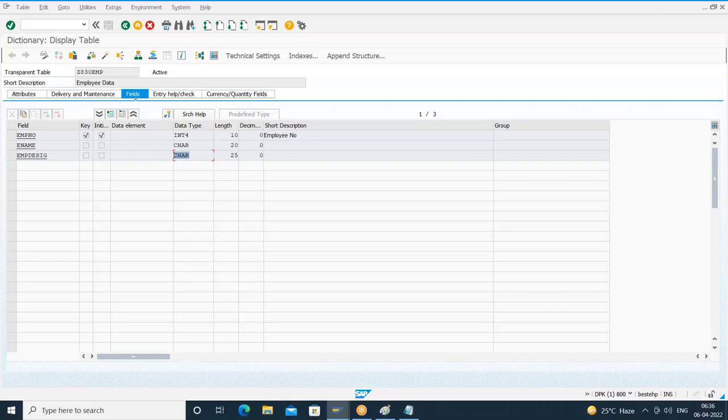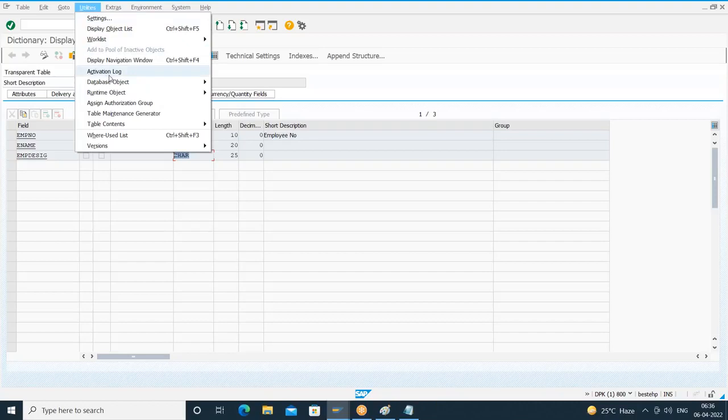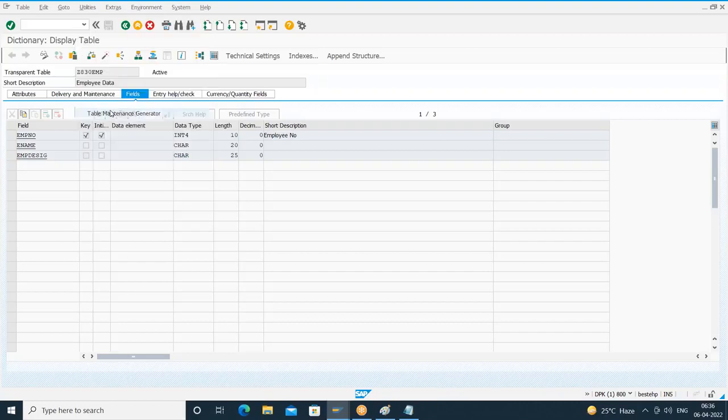Authorization group we don't know how to create, so we gave the authorization group as &NC&, which indicates without authorization group, any user can maintain the table. And while generating the table maintenance, we have to provide what? Maintenance type. So if you go to utilities, table maintenance generator,